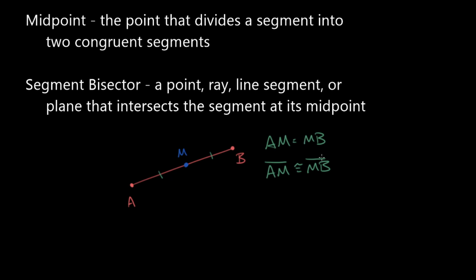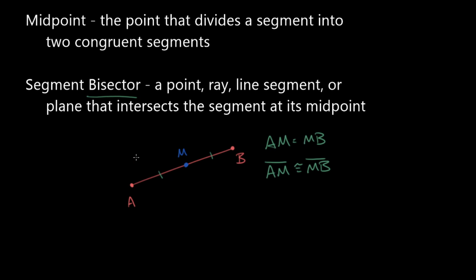The second definition is segment bisector. To bisect, this word's going to come up a lot because we're going to bisect other things as well. Pretty soon we're going to bisect angles. And right now, though, we're just bisecting a segment. So what it means is it's a point, ray, line segment, plane, line, or anything at all that intersects a